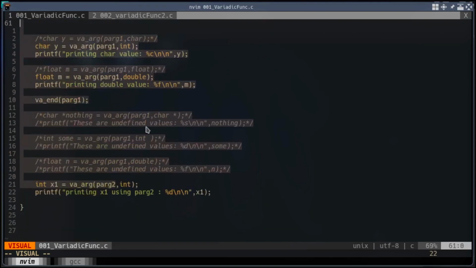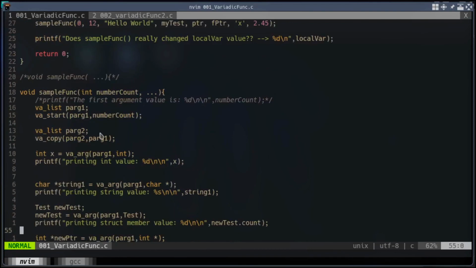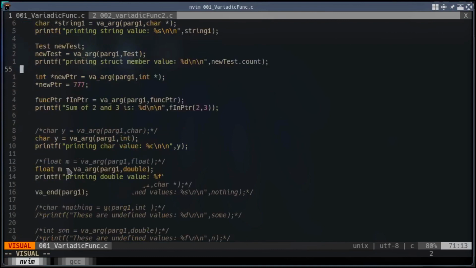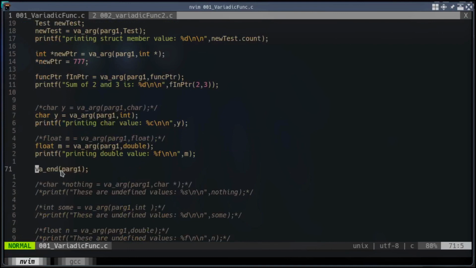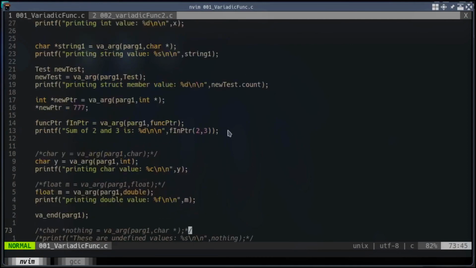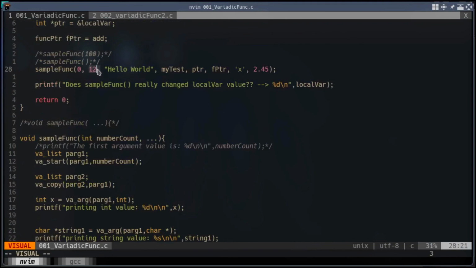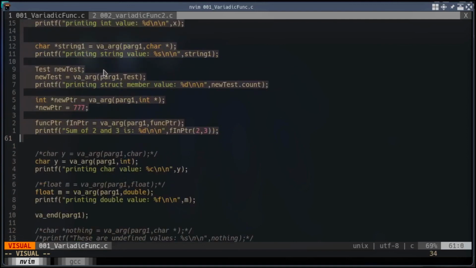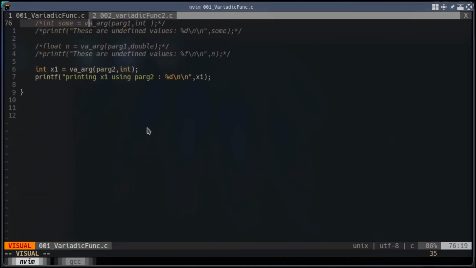So here you can see ap1 is not valid anymore, since I am calling va_end and passing ap1 to it, as well as we reached the end of the optional arguments. In this case we can again access the first optional argument, that is 12, an integer, using this ap2. So as you can see, I did that.